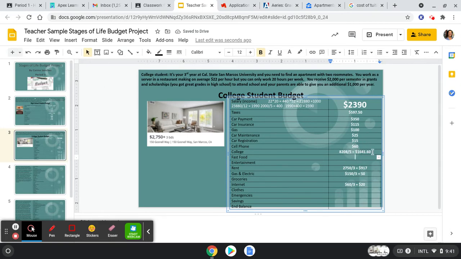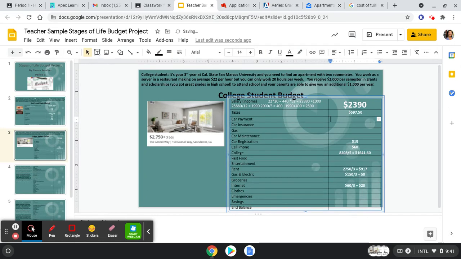So right there, seeing that number in there, all of a sudden I've got to go back up here and be like, okay, maybe I can't have all this car payment, car maintenance, gas and stuff. Maybe I'm just taking the bus to school. If you're doing a school loan, if you're thinking, wow, I don't want to have to worry about that $1,600 a month, over here, go ahead and specify school loan